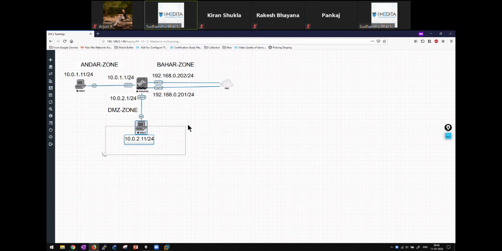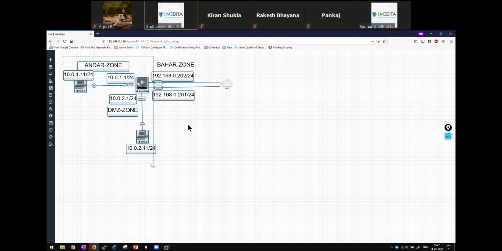You can replace them with VPCS so that you don't consume a lot of cores. For me, one core of CPU goes for this Windows, another core goes for this, then two cores go for Palo Alto. So all in all, when I run this setup, four cores of CPU are gone. I can afford to do that because I have 8 cores.